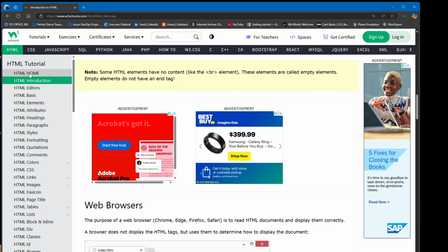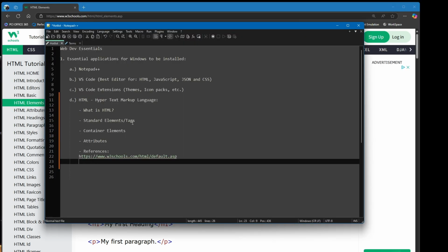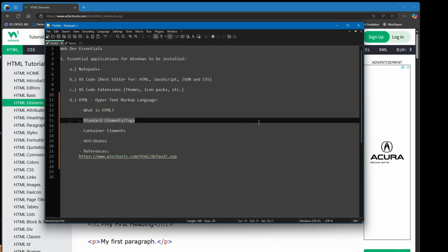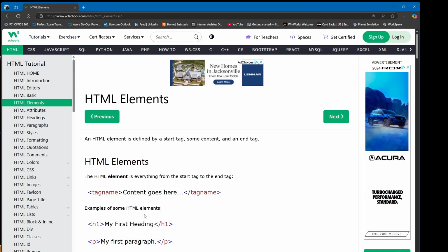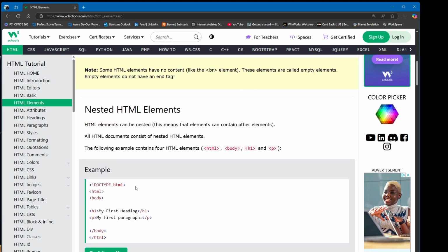Okay, so moving forward, if we use this navigation, you can come back and review some more of these. I'm going to jump into HTML elements because that's one of the topics we wanted to cover here, some of the standard HTML element tags, and we're already starting to talk about those. When you go into elements, they review the H1, paragraph, break, and then they start